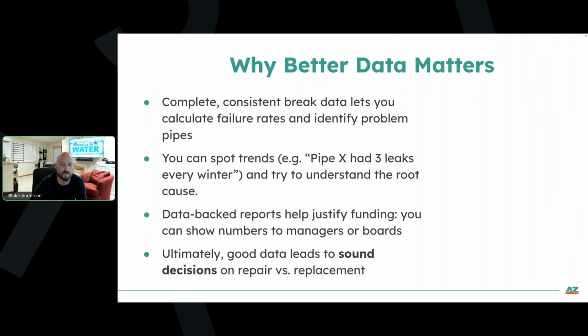Plus, when you need to actually start budgeting for your capital replacement, you'll have solid evidence. And so you can say this line broke 3 times in the last year. Here's the data, and give visuals that make it really easy to understand why the investment is worthwhile. And so, as one expert put it, it's impossible to make an informed choice without useful data. And so good records will give you the facts that you need to make sound repair or replacement decisions instead of just guessing or reacting.